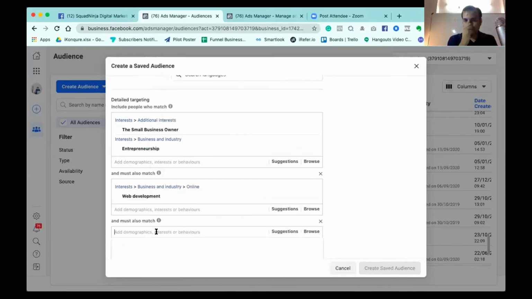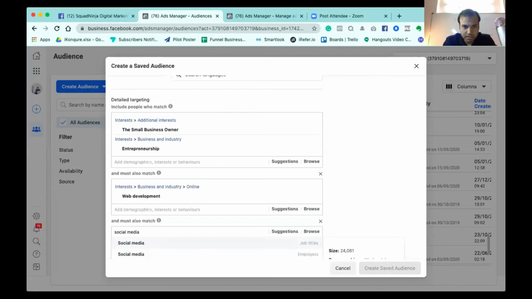For example, I want them to have an interest in social media. I want to run my Facebook ad. So those people who have social media strategist, I just say, okay, this is very less. Let me see, social media manager. Okay, it's not there.